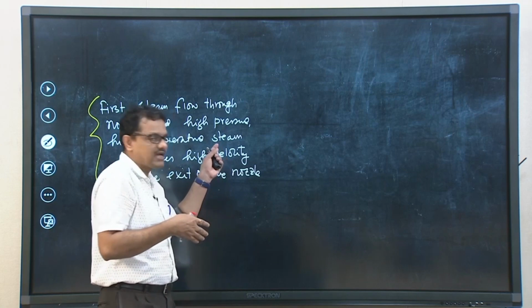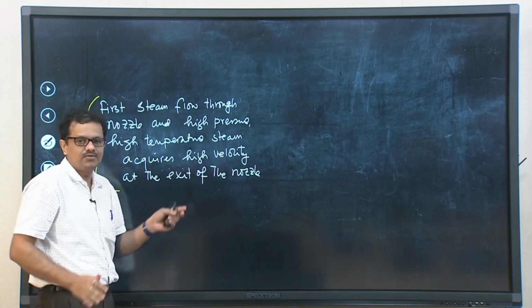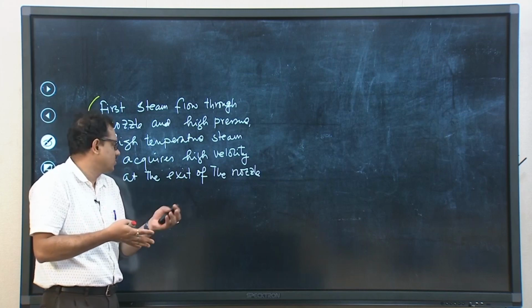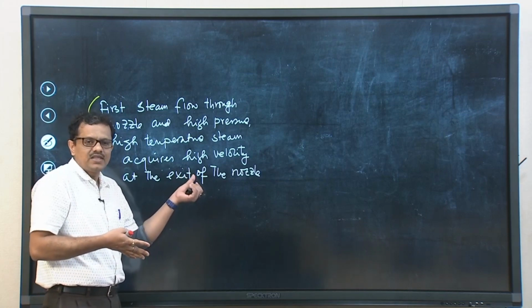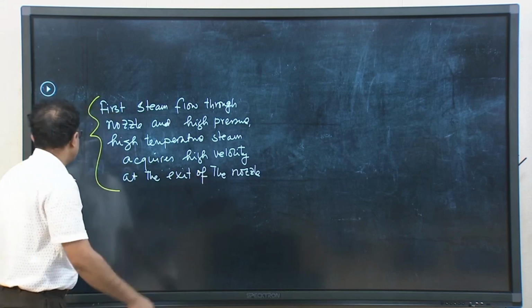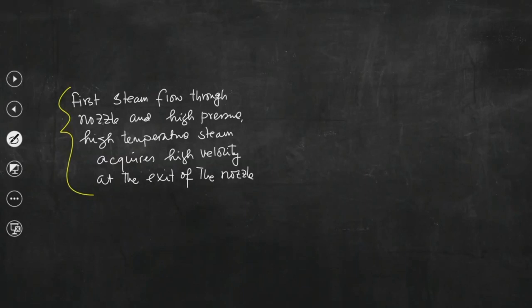I mean, what I can say is that high pressure, high temperature steam will be allowed to flow through the nozzle, and at the exit of the nozzle we are getting steam in the form of a jet. So, kinetic energy has increased, and this is what is occurring inside the nozzle. So, I am writing nozzle,